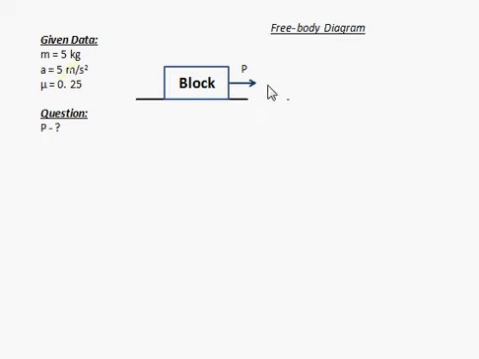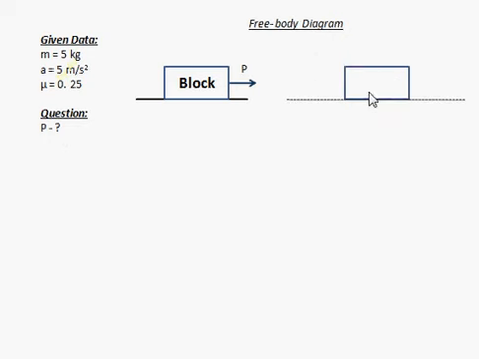Now let us go for the free body diagram. Free body diagram indicates the forces are drawn ignoring the rigid body. Okay. Now duplicating the block here. The next step, I am choosing the horizontal coordinate system like this, so that on the right hand side it is positive x, and the left hand side it is negative x. Similarly, the vertical coordinate system here indicates the upward direction as positive and the downward direction as negative.